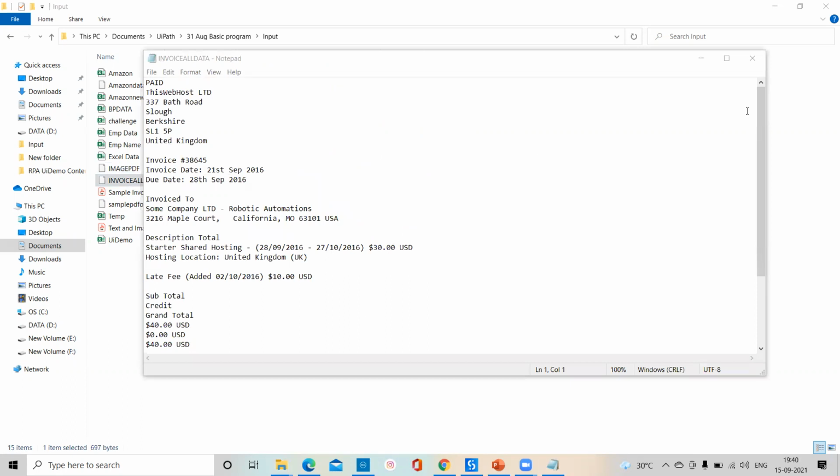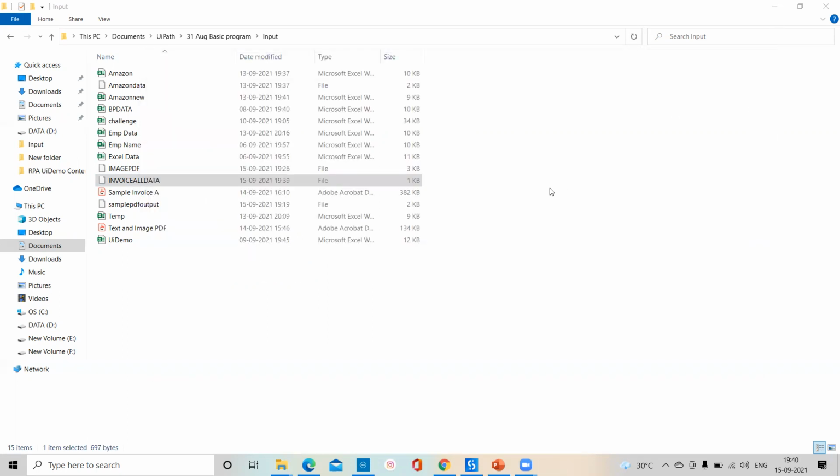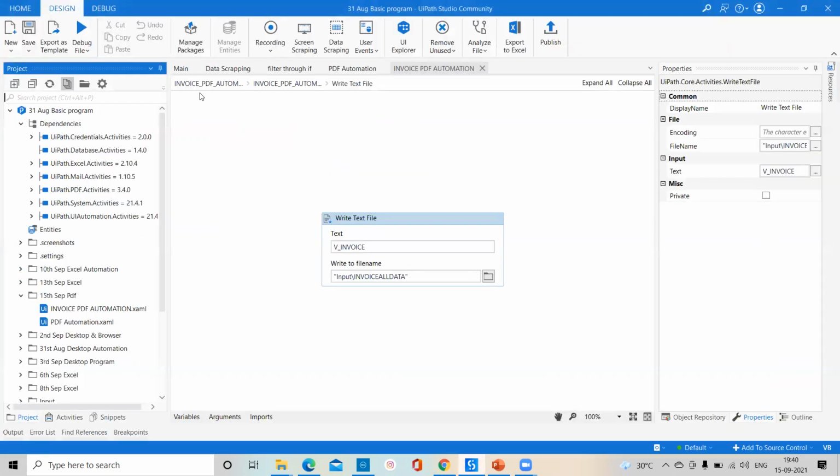So guys, this way we are able to extract data from any PDF, like a text PDF or image PDF with an invoice number, and write the data into any text file. We are able to write the data into any Excel sheet, or populate it into any web-based application or database. We can pass this variable and populate the data into any web-based application. If you want to send the mail to someone, you are able to send it, and if you want to extract the data, through this variable we can send it to everyone.